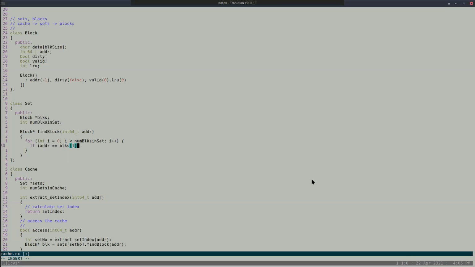Let's say the set had 2 blocks, then I am searching in both of the blocks. Does the address present in this? Does it have it? And of course, I might have to check whether the block itself is valid or not, but we'll not worry about it for now. So now we say whether it is there or not. If it is there, what should I do? Return it. Yes.